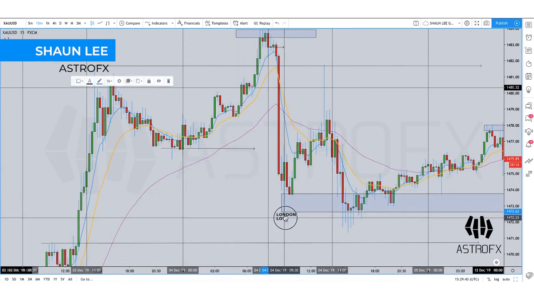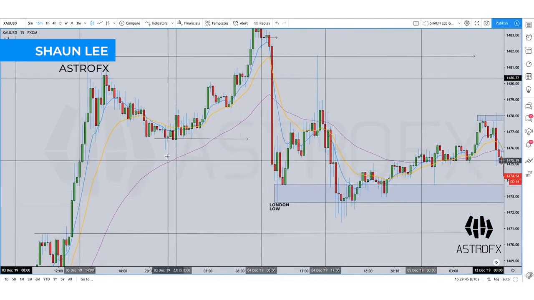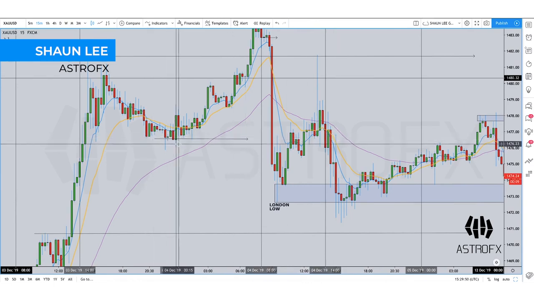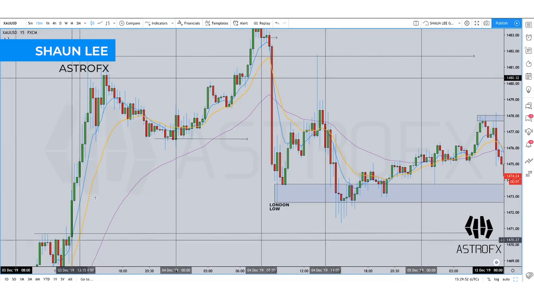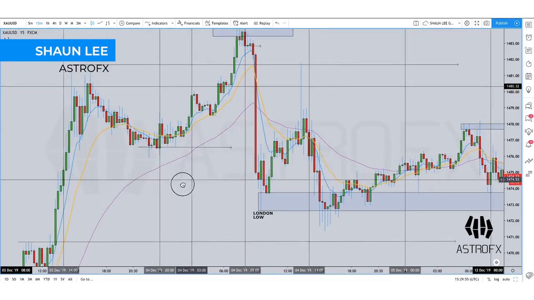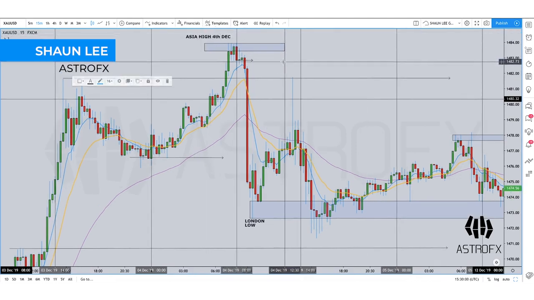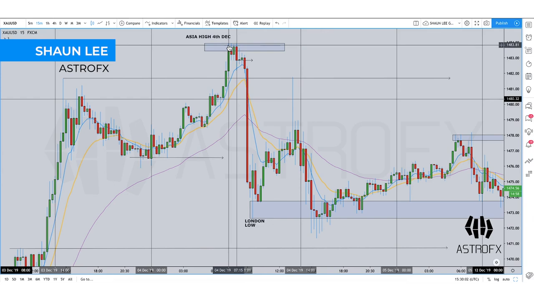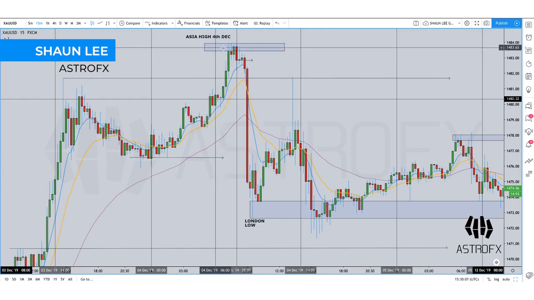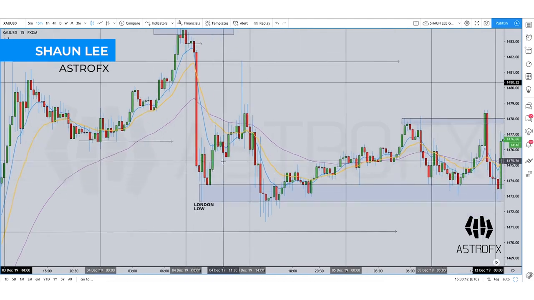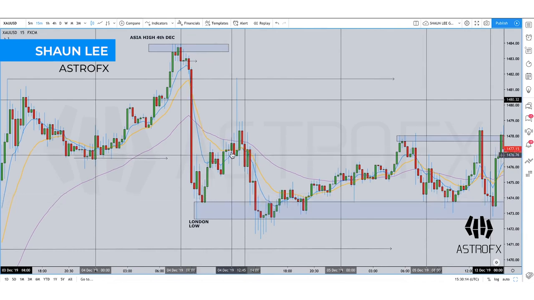So this is the London low over here for the day, and I used that band. What we can clearly see though is that this could have been a nice area for people who were carrying long trades from the previous up moves to place stops. So the market psychology at this moment in time, which I'm trying to piece together as a thesis, is that the price dumped straight through that level to take out stops, and then quickly reverted back to the upside. So it made its low in London, and then London retested the 1480 area, the weekly resistance,